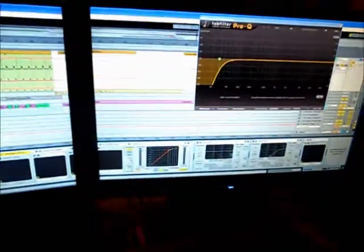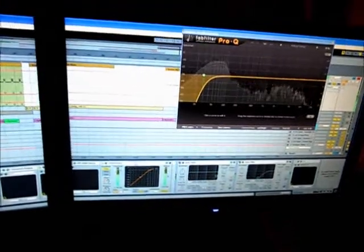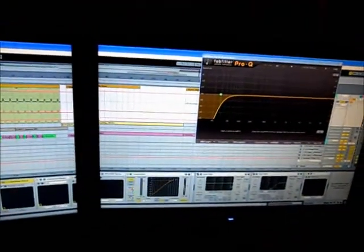If you look there, just 4 dB boost at 100 Hz. Nothing else going on there. After that, run through a generic Ableton compressor. If you look here, it's actually got almost no gain reduction there. It's just for safety measures basically. Yeah,